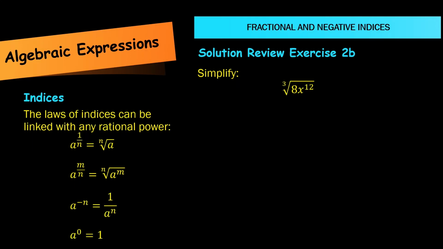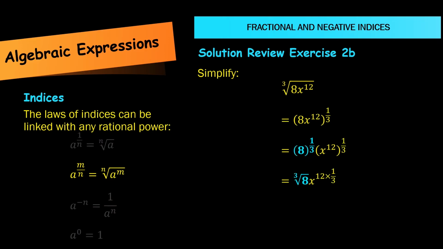Now let's have a go at review exercise 2b. We are going to use these laws of indices on our screen to help us solve this. So we are required to simplify the cube root of 8x to the power 12. We are going to use the second law, which has been highlighted. So we have 8x to the power 12 raised to the power 1/3. We can write this as 8 to the power 1/3 times x to the 12 to the power 1/3